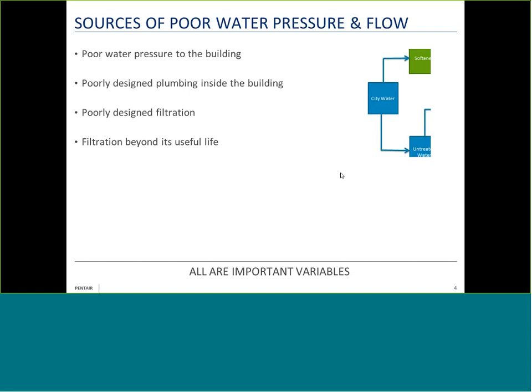And then there's poorly designed filtration. If filtration isn't right-sized for the application and the flow rate, you may have a specification that is counting on intermittent water use, where one device is going on or a couple of them are coming on at the same time, but not all. And if you have a very busy operation where all this equipment is being used at once, let's say in a morning rush at a coffee shop, you may be demanding more water through that filter